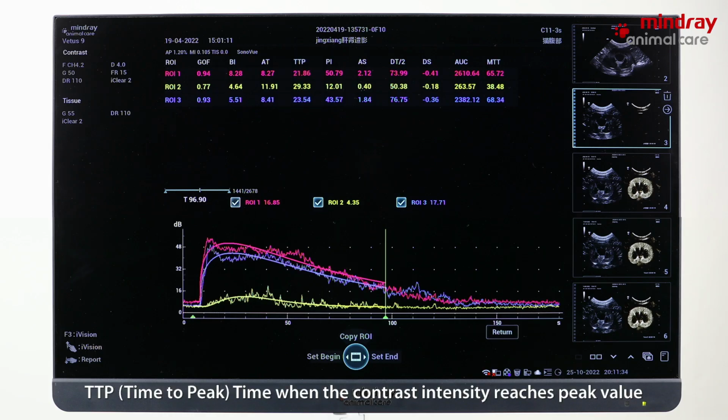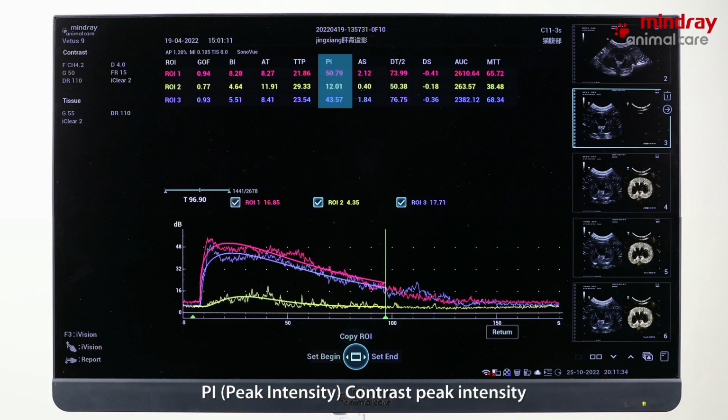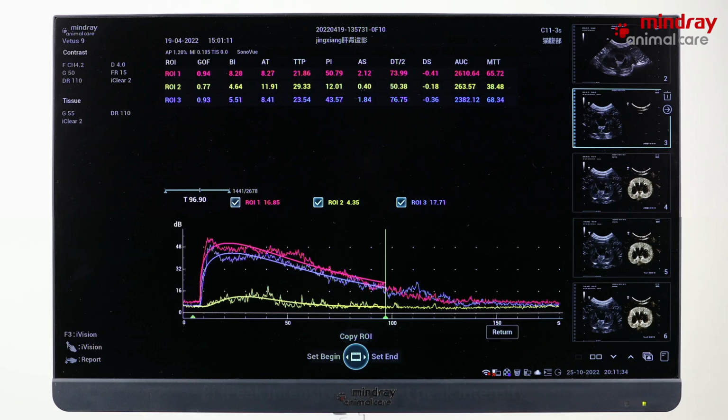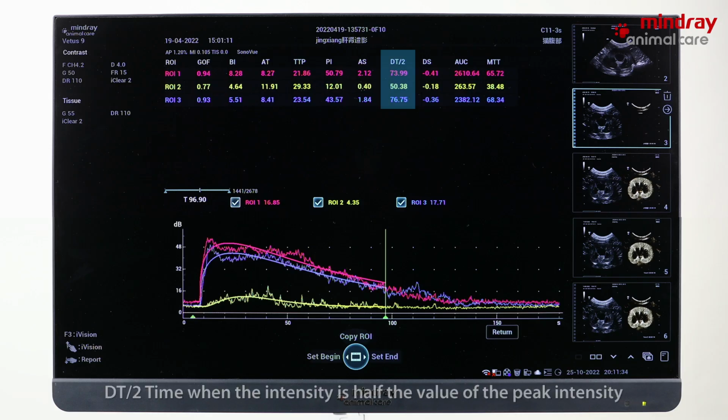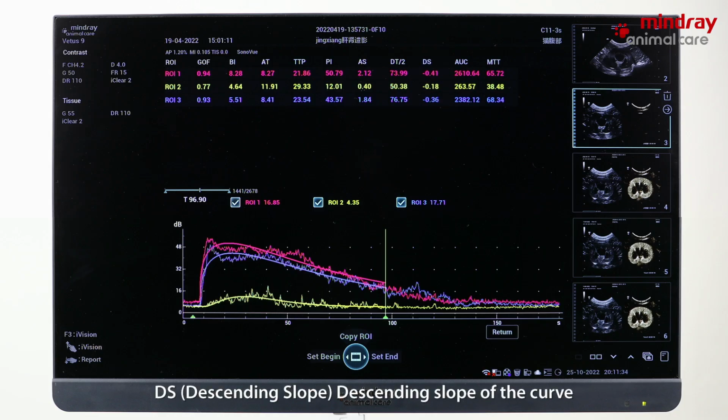TTP, Time to peak, time when the contrast intensity reaches peak value. PI, Peak Intensity, contrast peak intensity. AS, Ascending Slope, ascending slope of contrast, the slope between the start point of lesion perfusion to the peak. DT/2, time when the intensity is half the value of the peak intensity. DS, Descending slope